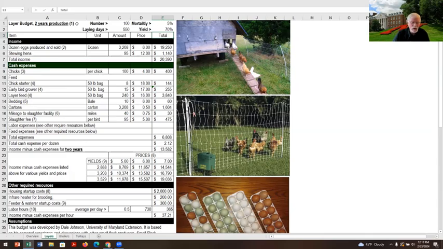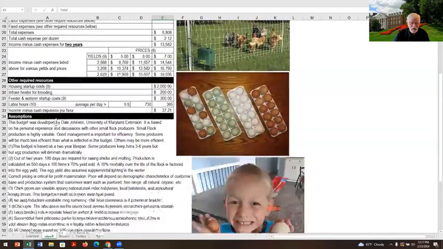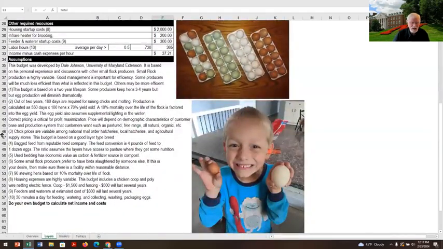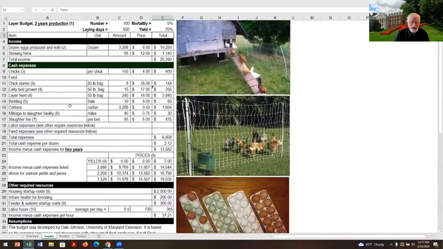Let me point out one other thing here. You see these numbers out to the side. Well, here are my assumptions down here. It explains each one of these lines. And when you do your own budget, you want to put in your own assumptions, because sometimes you forget. Now, if you look at the formulas, that will help you remember how you did it. But sometimes you're looking at the formula and think, well, now what does that formula mean? So you always want to put your assumptions in when you're doing your budgets.